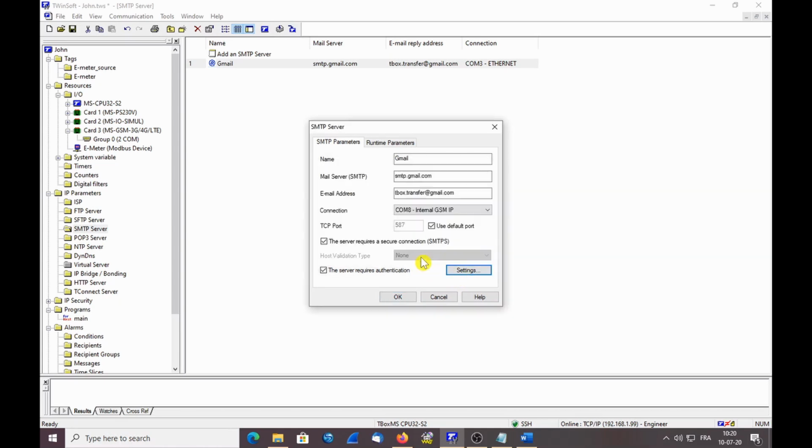Regarding authentication, you might encounter some issues using web mails. Sometimes web mails require two-step verification. Two-step verification is, for instance, when you receive a code by SMS and you have to type this code into an interface in order to proceed. Well, of course, T-Box cannot do that. This happens if, for instance, the source of the mail sender changes, which is the case. If you use the same email account for multiple T-Box, you will have different sources sending mail. In order to prevent this two-step verification,